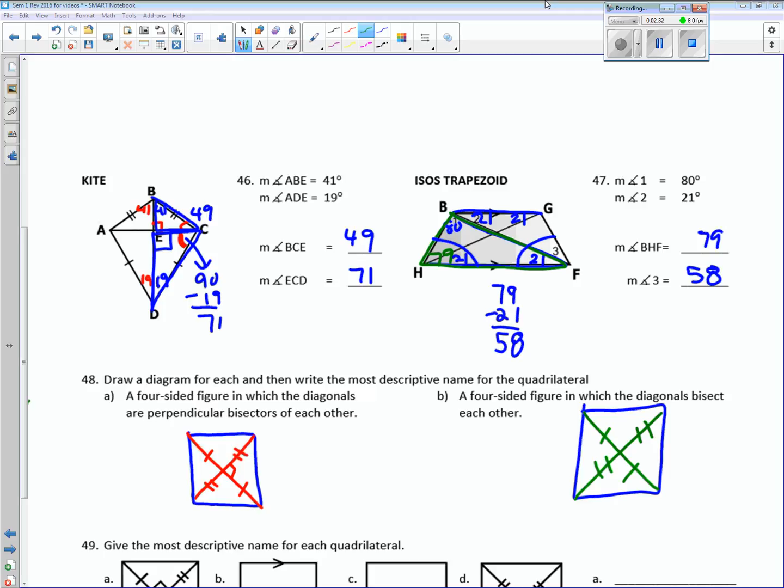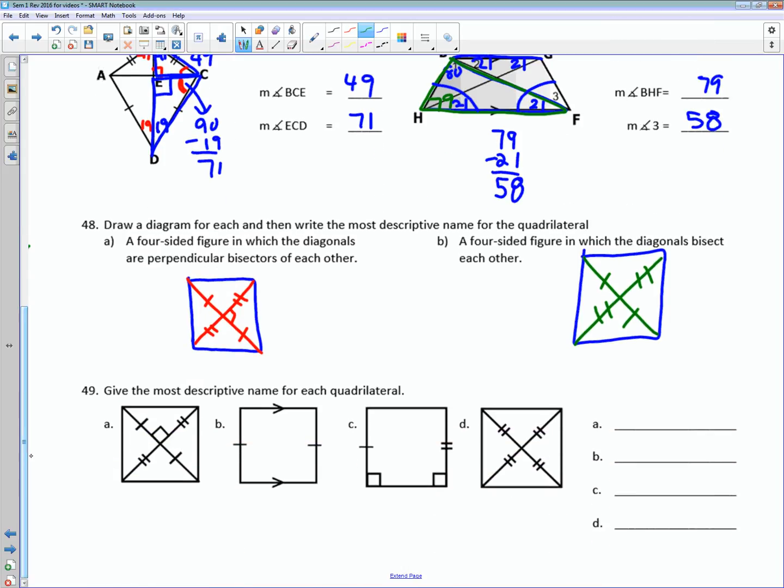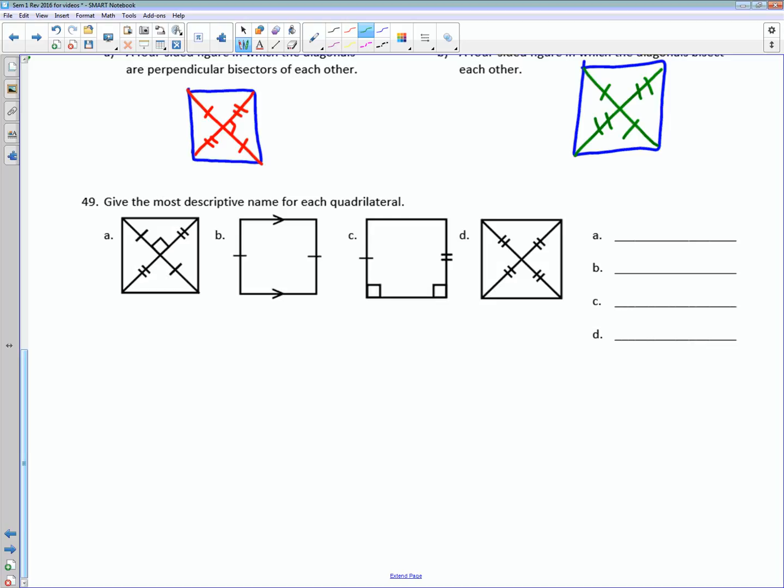For 49, the most descriptive name, we're not going to go by how it looks, we're going to go by how it's marked. And letter A, that's an exact example of what we just did. There, the diagonals are perpendicular, which means it has to be a kite, a rhombus, or a square. But in this case, where the diagonals bisect each other, it's not a kite, so it's either a rhombus or